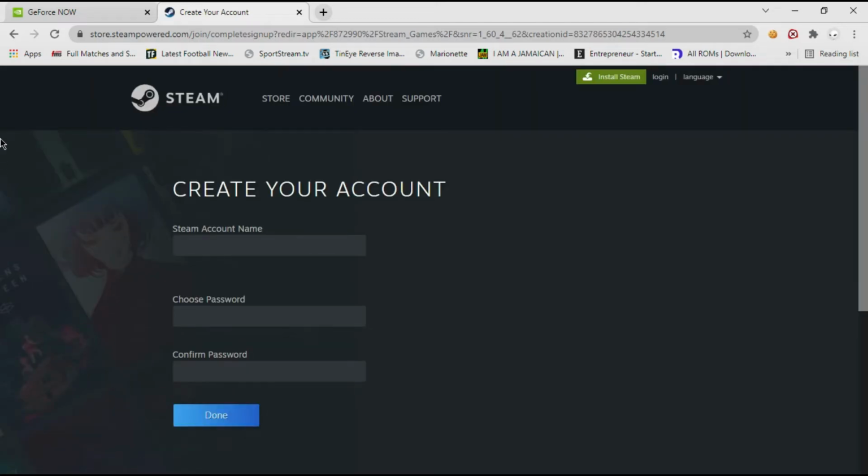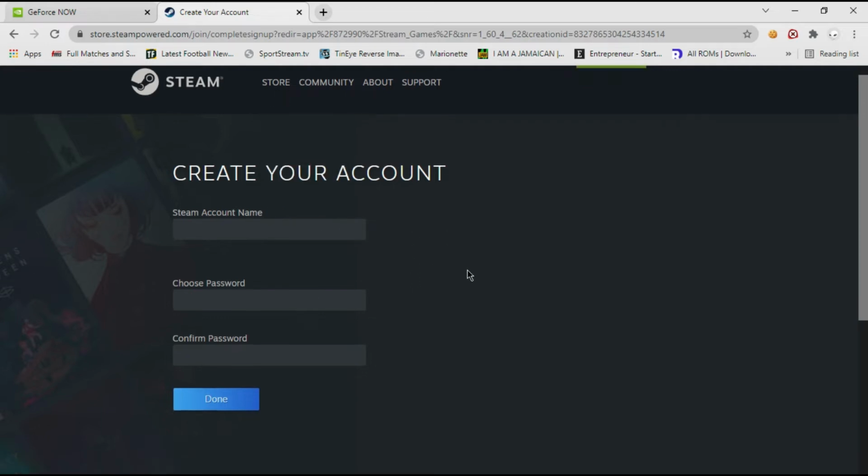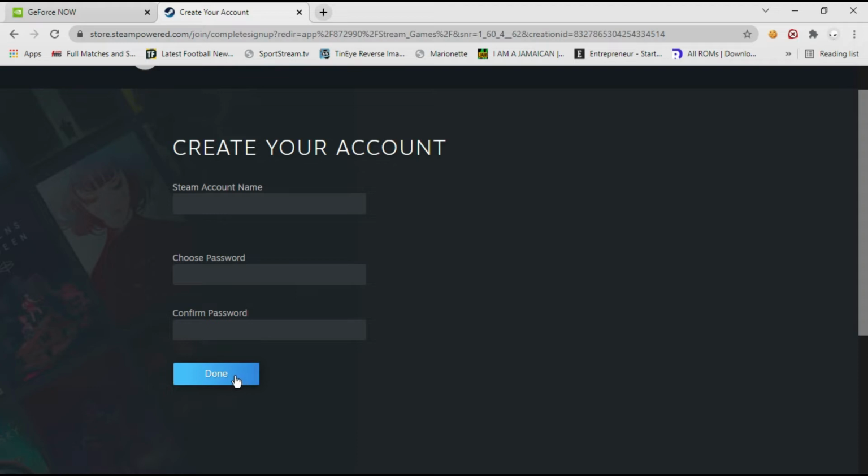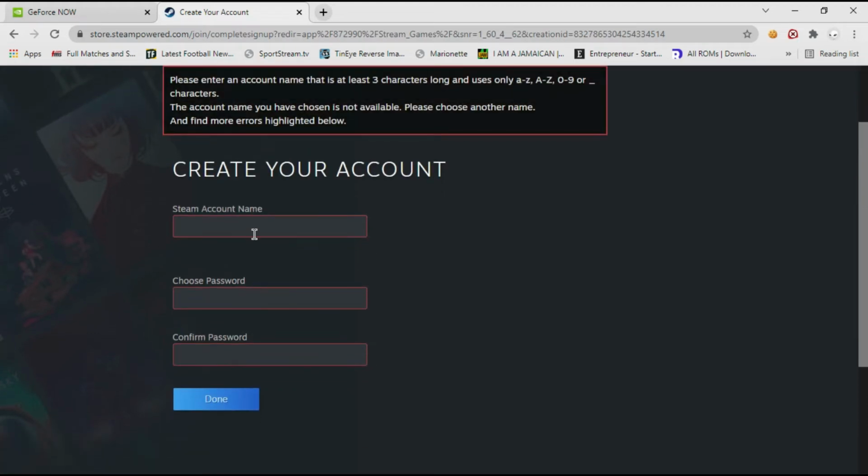It's going to ask you for your Steam account name and to choose your password. So you're going to enter an account name,